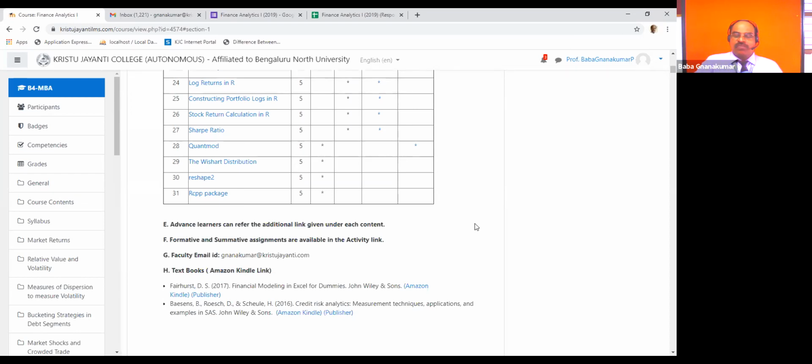These are all the textbooks, but in this textbook, the insurance analytics is missing. I will upload a separate PDF file later on when we are discussing the insurance analytics. Of course, insurance analytics I have already given in the form of a flip book. A flip book is there, you can see that one, insurance analytics. The textbook is missing here.